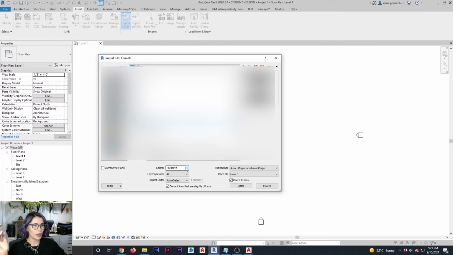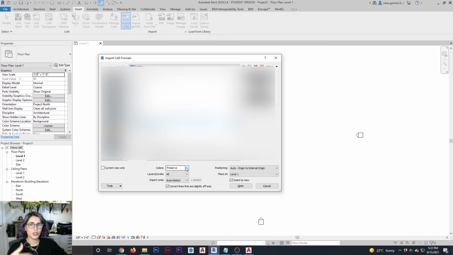By default, your AutoCAD lines are going to come in exactly the same color that they are in AutoCAD. I usually find this very helpful because your Revit lines are always black, so it makes it a lot easier to identify which parts of the drawing are the CAD parts and which parts are the Revit parts.